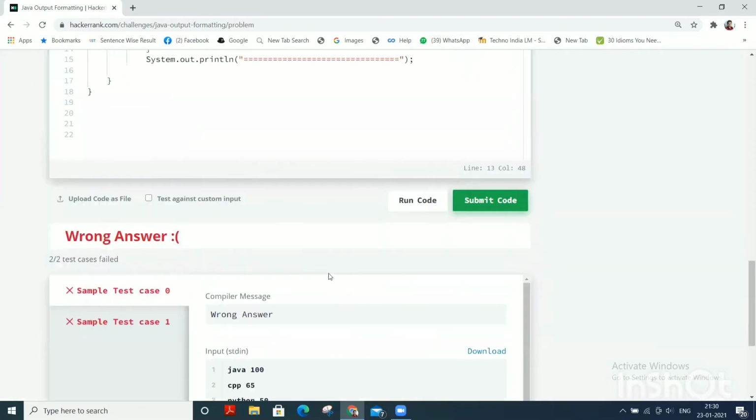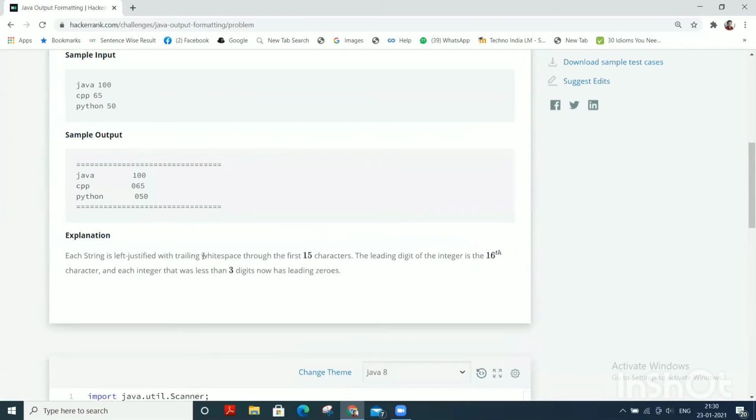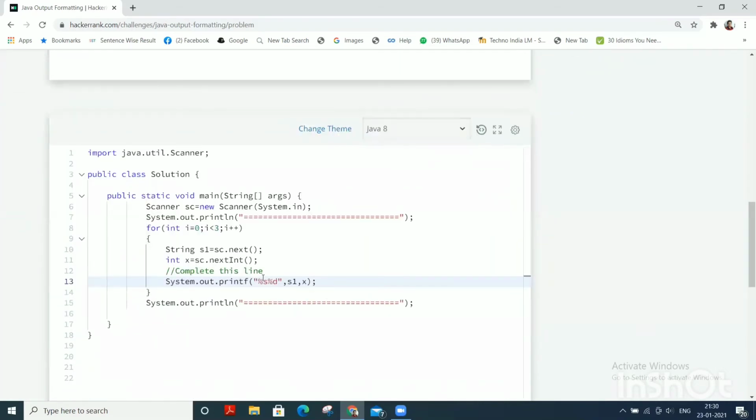So we keep minus 15. Check the explanation: each string is left justified with trailing white spaces through the first 15 characters. So keep minus 15 here to make it left aligned.